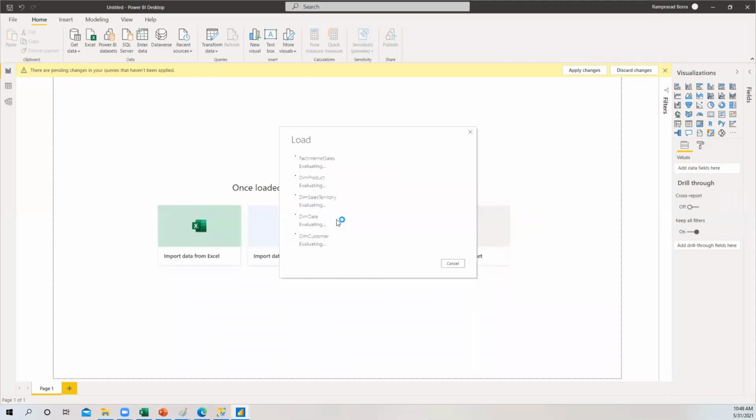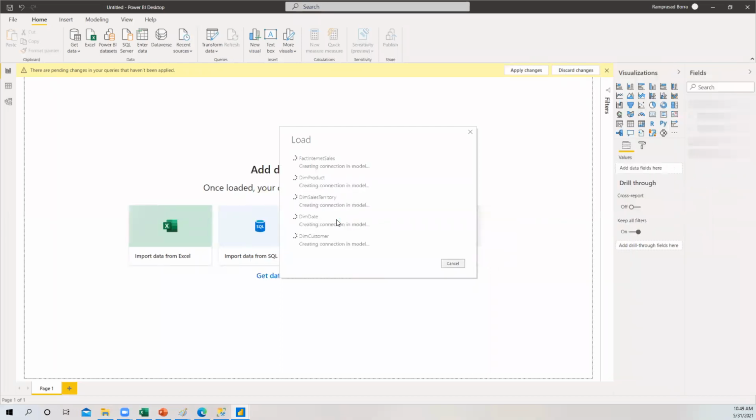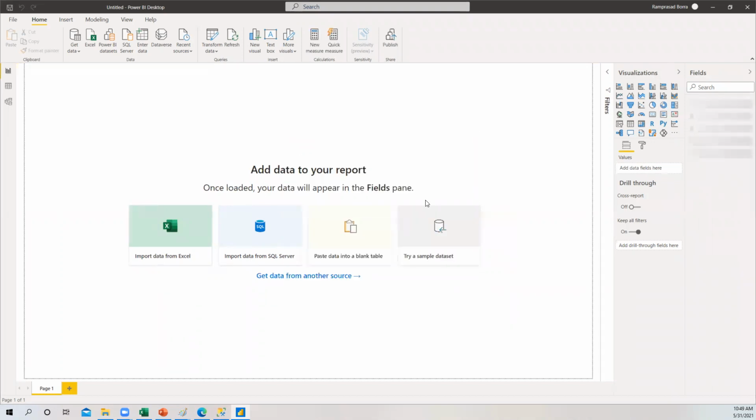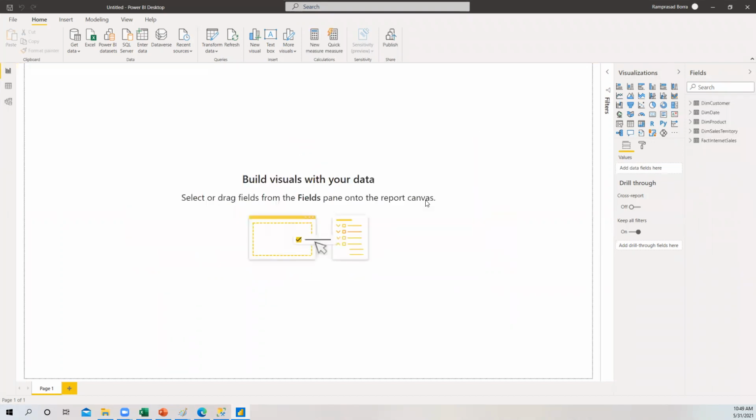It will load all the data. For this one, you do not need internet, guys. So you can practice this. Once you set up the SQL Server, you do not need any internet to connect to that data in Power BI.